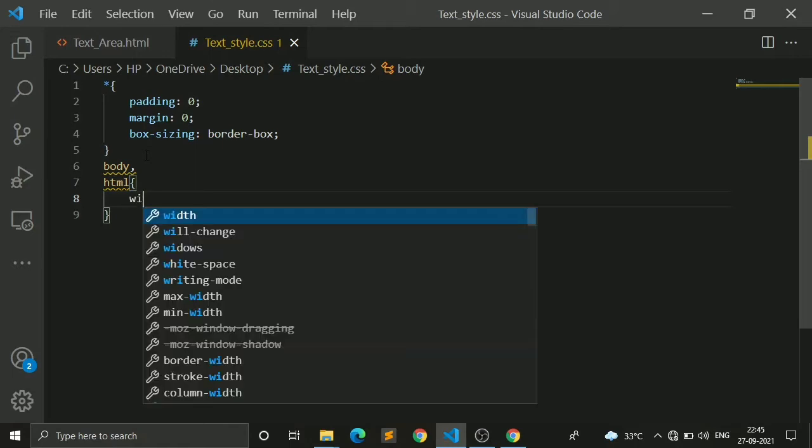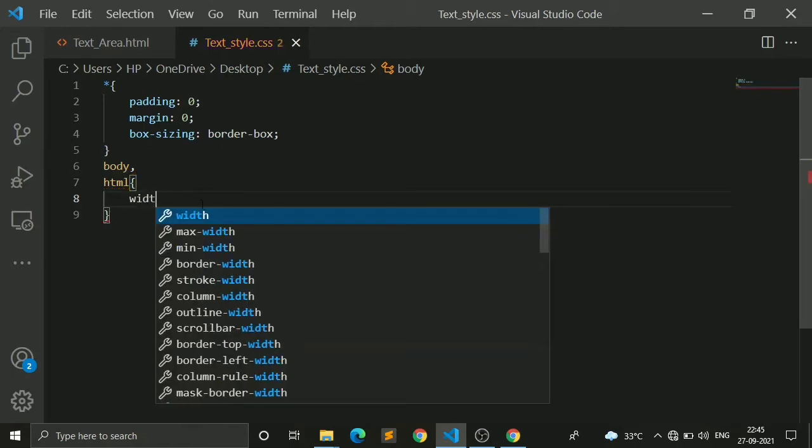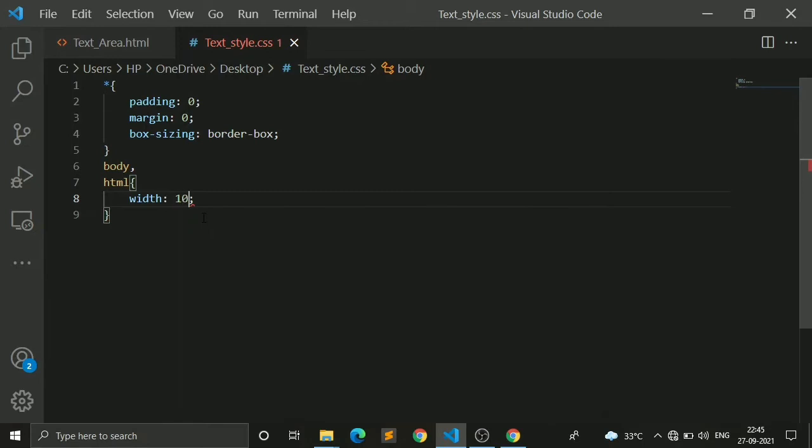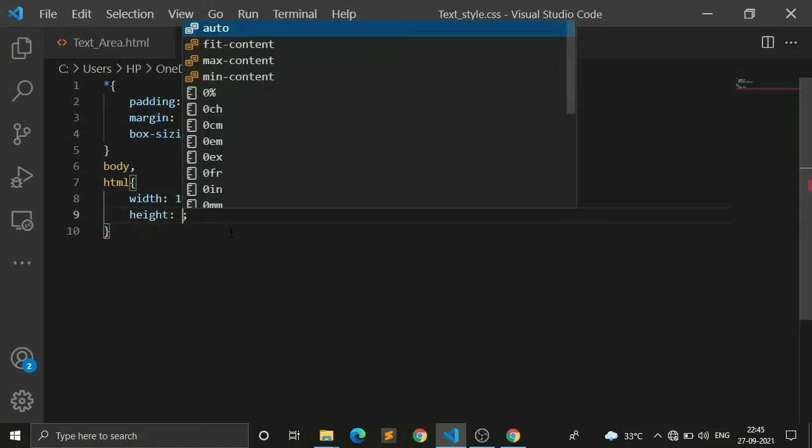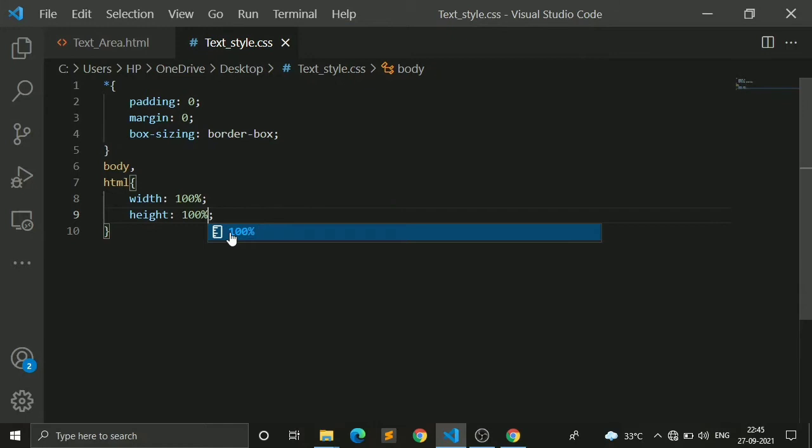I will give a width of 100%, and the height will also be 100%. So now it is okay.